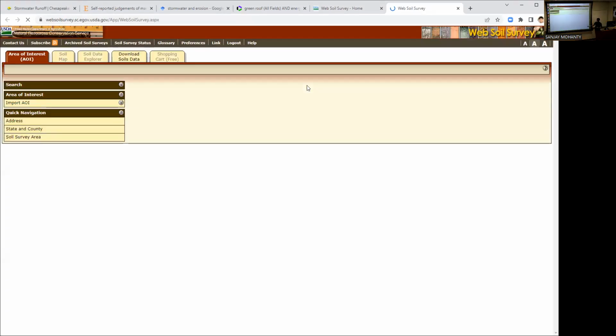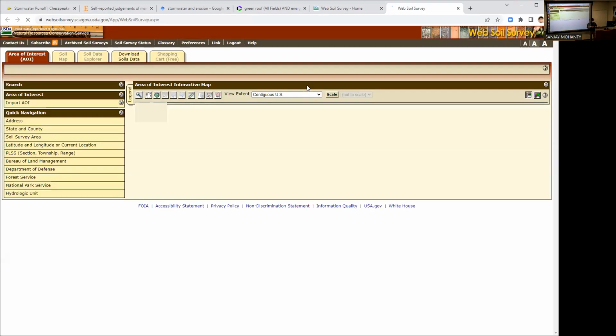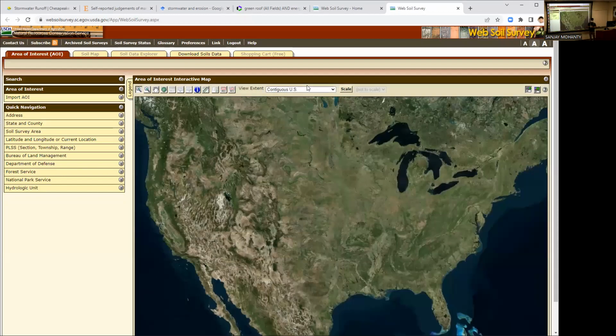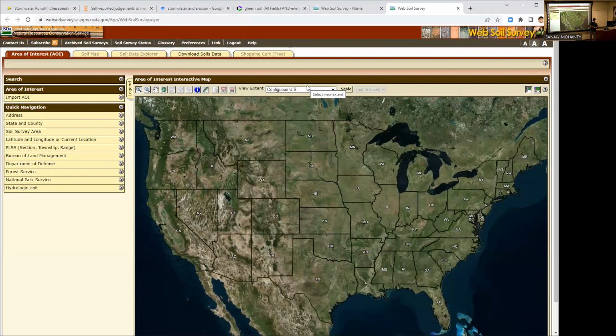Look for a new web page. And this is their platform where you can go to specific locations to find out. So you see, this is the whole US map. We are interested in a very specific spot, so you have to look for that spot. You can zoom in and find out if you know the geographical location where these things are, but you don't have to do that. If you know the zip code, you can zoom there.